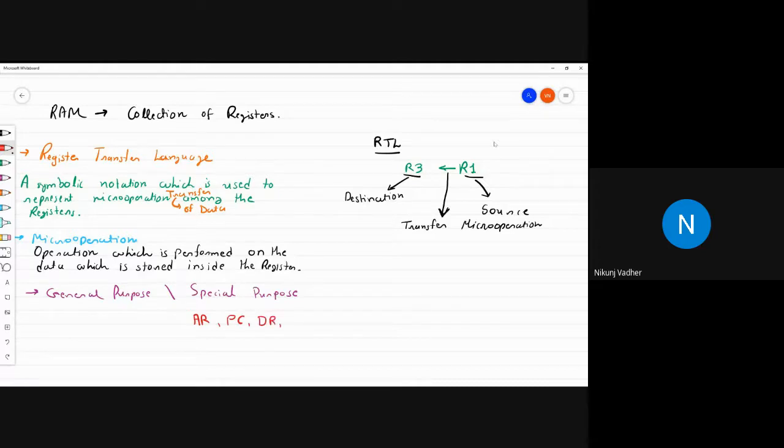AR is the address register. PC stands for program counter. DR stands for data register.